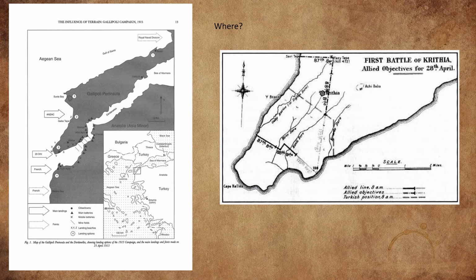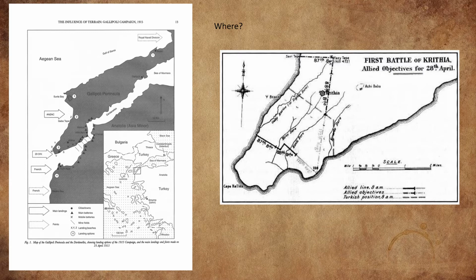Where did the Gallipoli Campaign happen? This is the Gallipoli Peninsula on the left image, which is off the coast of Turkey. There were 4 separate landings on this peninsula, one by the Anzac, which would be again the Australians and the New Zealand forces, the 29th Division, which is slightly more south, which would be the English troops, and the Irish also, and the French would land at Kumkale, and a smaller French fleet would land at Besika Bay.